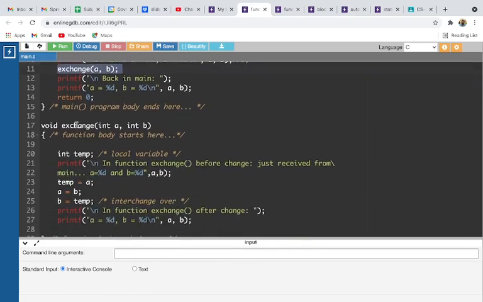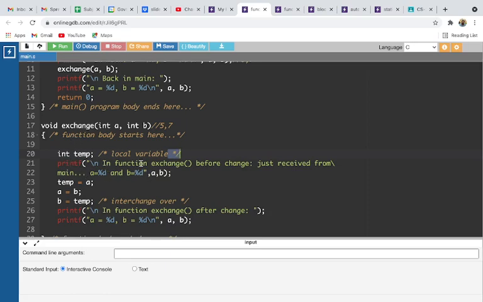So we will see this exchange function. Here a is 5 and b is 7, and this is the function. There is a temporary variable. This is a local variable. This temp is a local variable which is local to this exchange function, so it is visible only inside this exchange function.